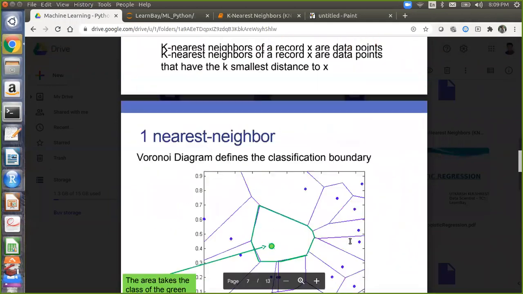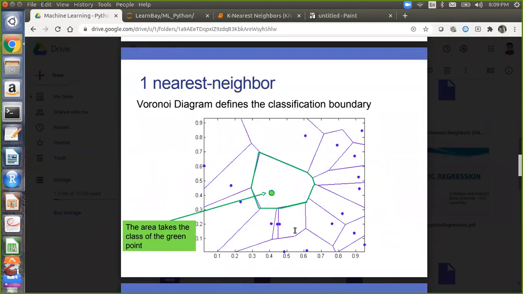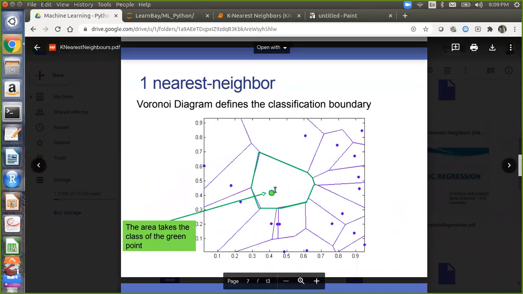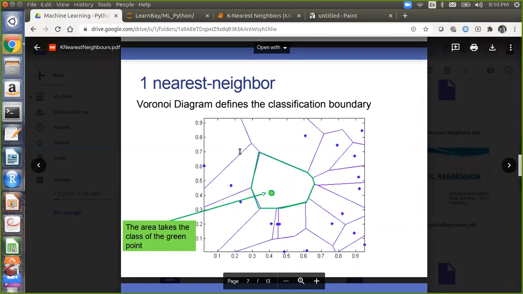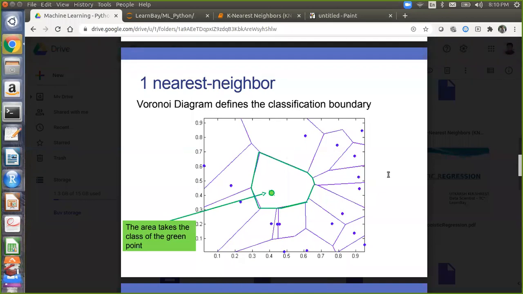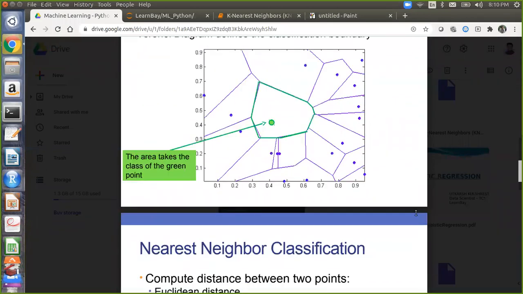Now, one nearest neighbor. This is a Voronoi diagram. A Voronoi diagram is a representation of multi-dimensional data. I have added it for showing purposes. In a multi-dimensional space, more than 3 dimensions, this is how your points look. It was given by a scientist, Voronoi, and is called a Voronoi diagram. All these lines which you are seeing represent the dimensions. It is not much of use, I have just included it for showing purposes.